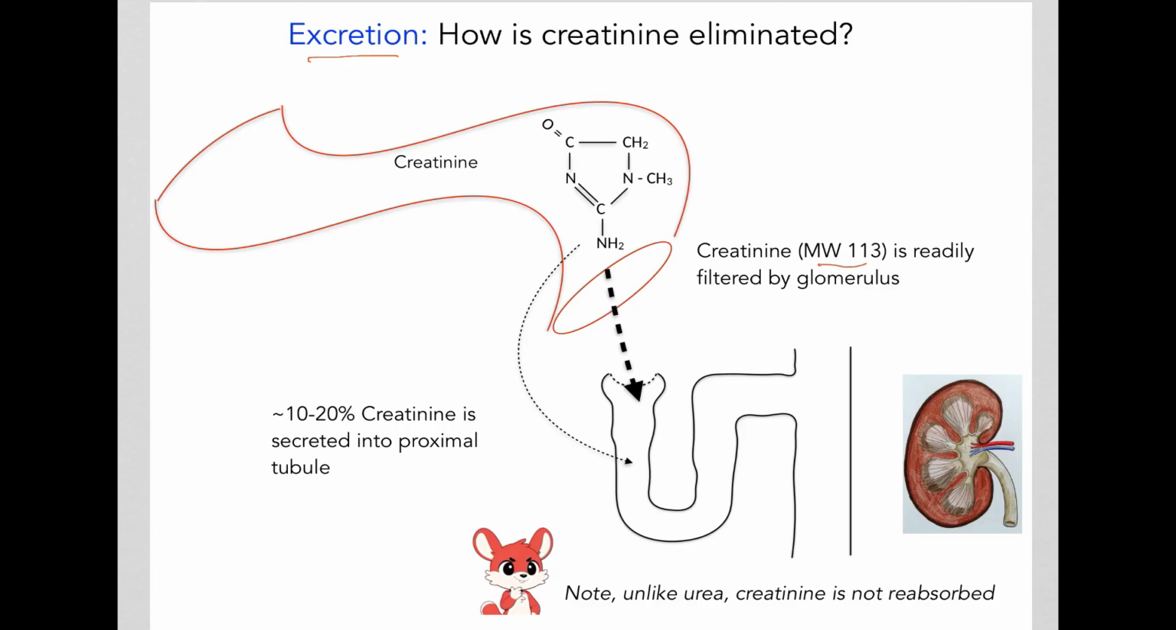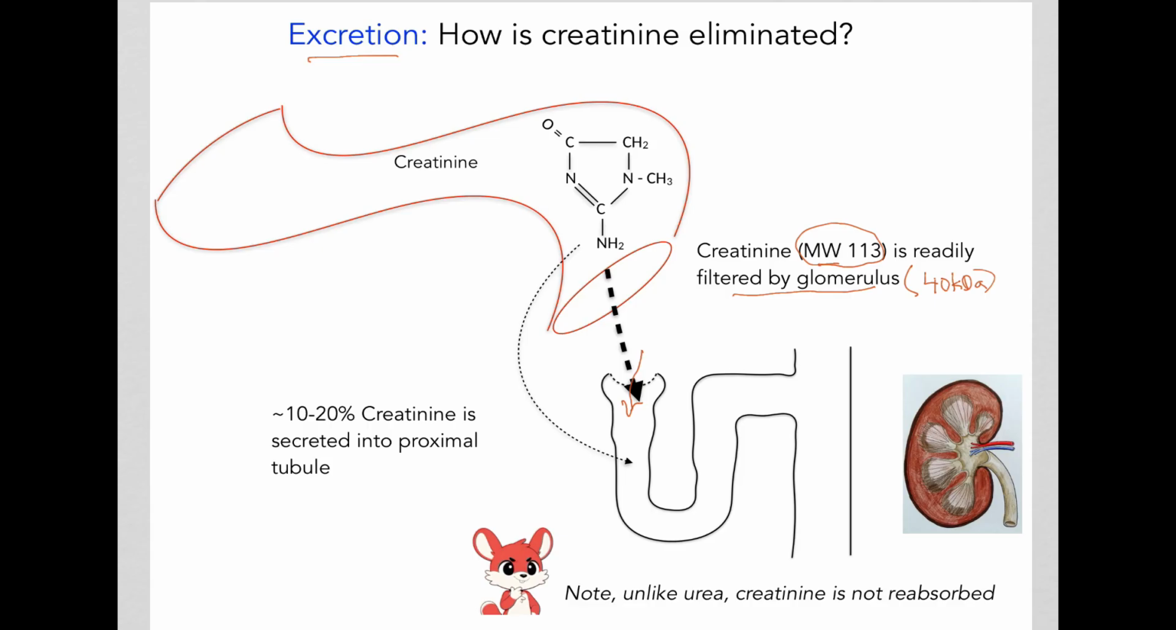Creatinine has a very low molecular weight, 113, so it's readily filtered by the glomerulus. Remember, the cutoff is about 40,000 or 40 kilodaltons. So anything that has a molecular weight less than 40 kilodaltons can very easily go through the glomerulus and enter